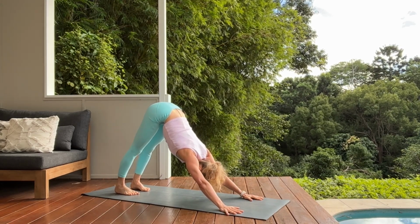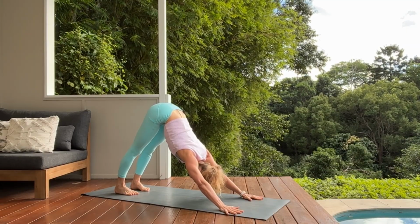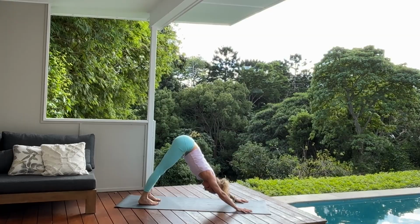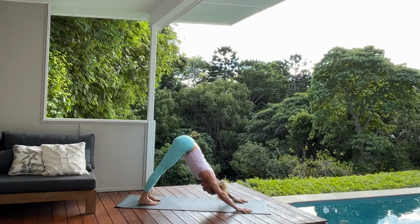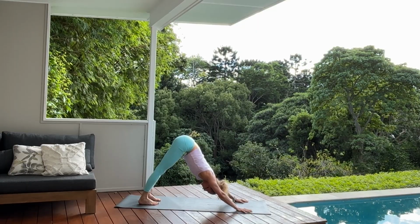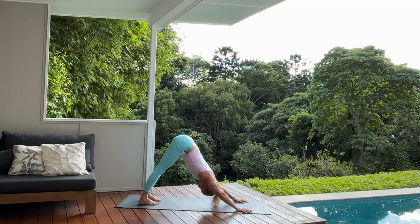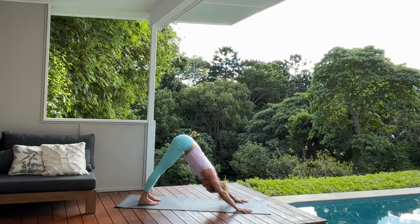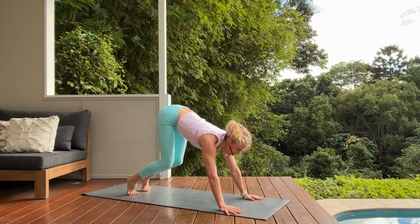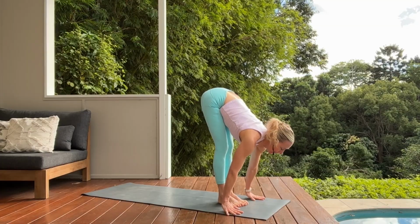Can you bring a beginner's mindset to a shape that you've probably done a gazillion times? What new insight can I have into the shape, knowing that repetition is the key to our yoga practice feeling meditative? Just one more breath in and out. On the in-breath, tip, toe, exhale, load the body, and then lightly stepping or hopping, lift and lengthen,